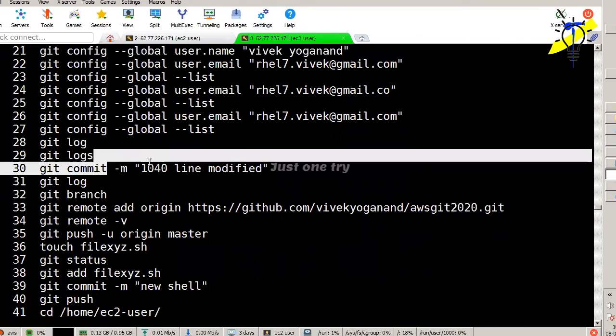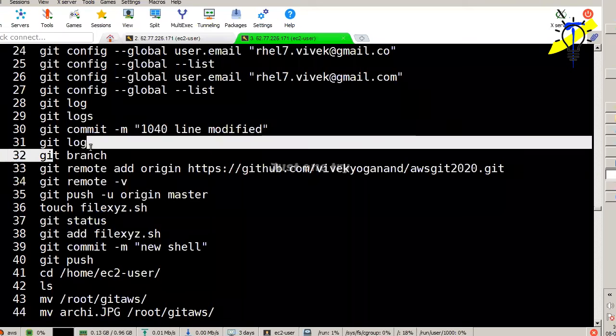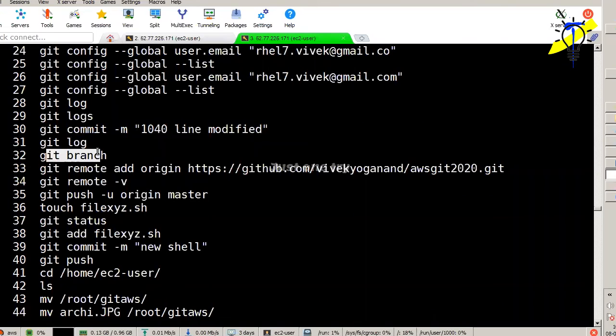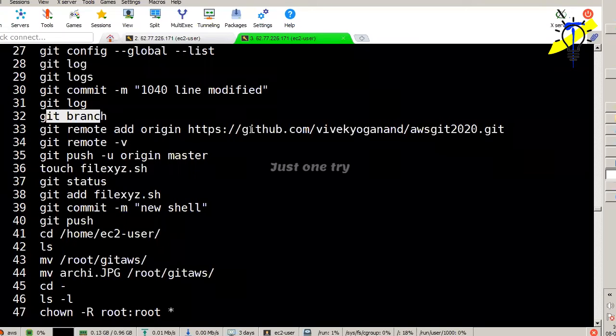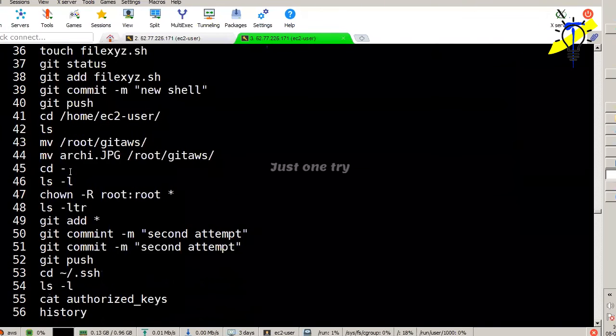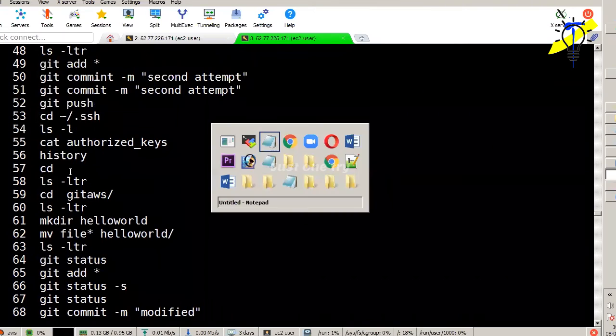And I can commit with passing some message. If I want to check the branches, only master will be there because I have not added the branch now. And I am adding the remote repository. And I can use git push origin master. Then I can create the status commit like that, all those things one after one. So this will go like that.